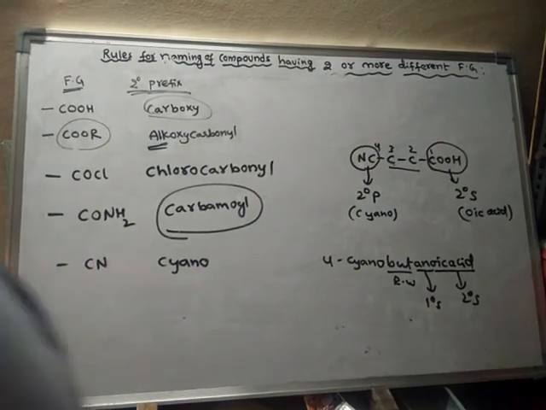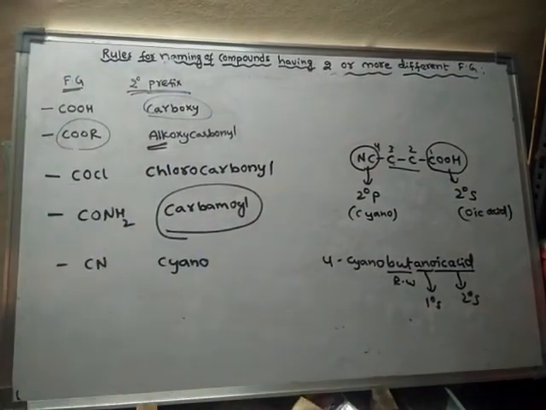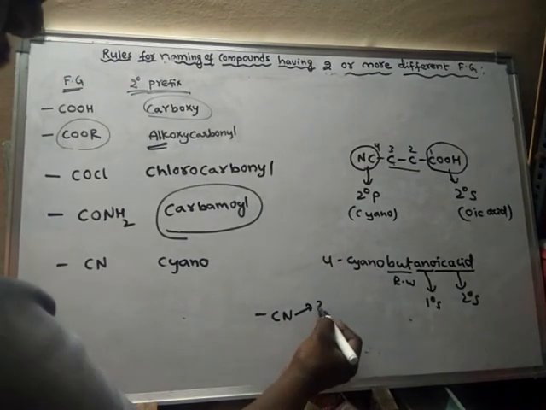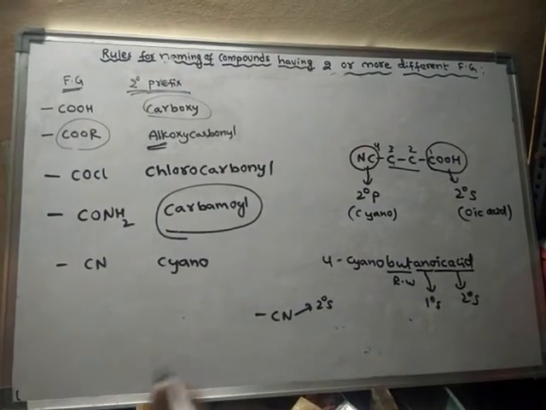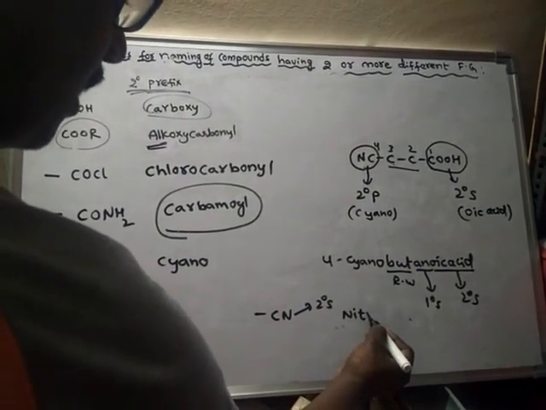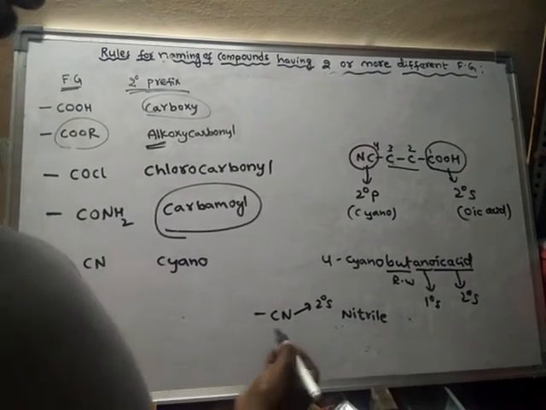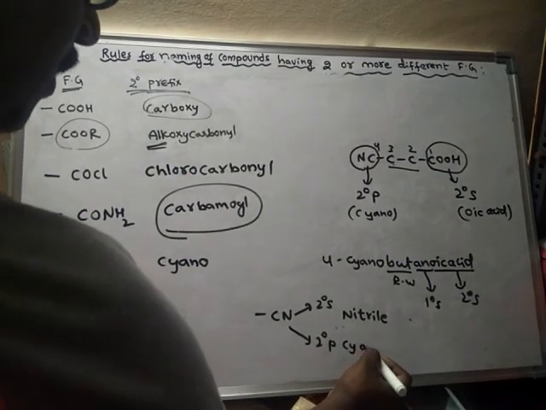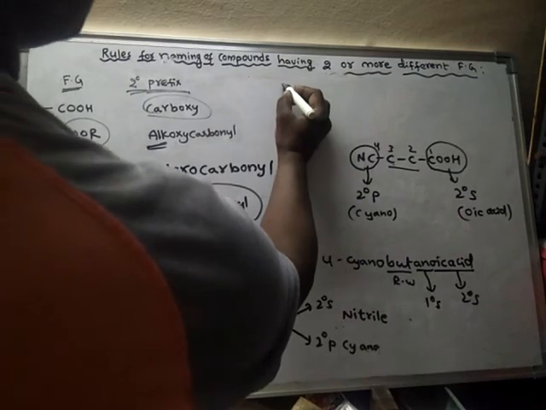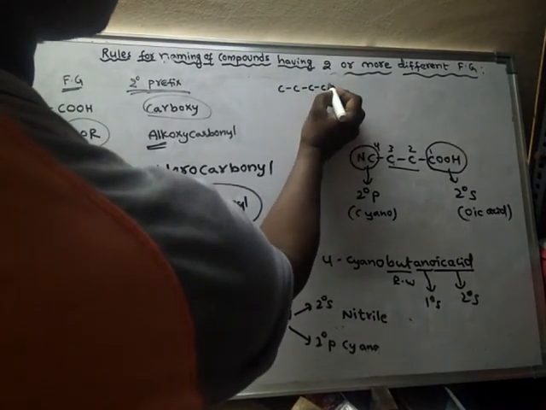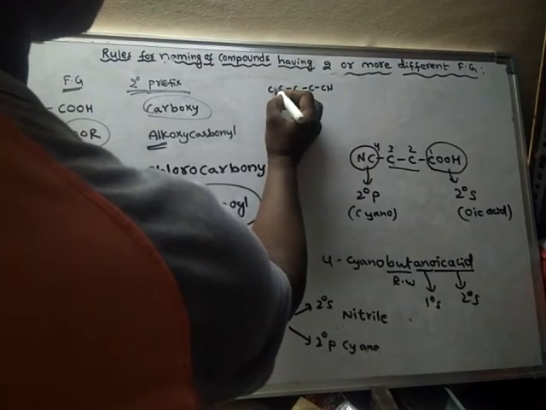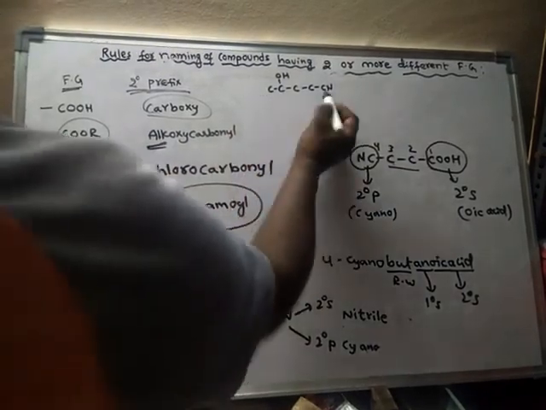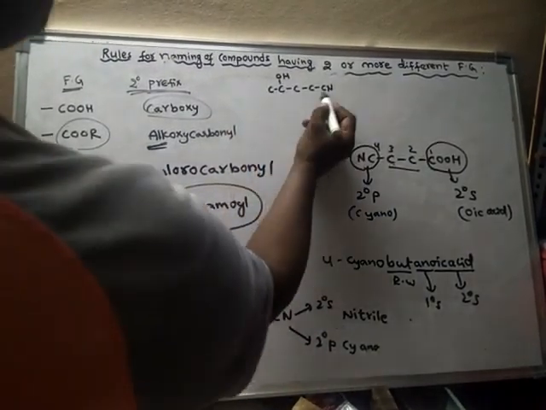Right. Next. See, actually cyano is for the cyanide group. Suppose the cyanide group appears as the secondary suffix, then nitrile is the secondary suffix name for cyanide, and its secondary prefix name is cyano. For example, if there is a compound like this, what is the name of this compound? See here, in this particular compound there are two functional groups.